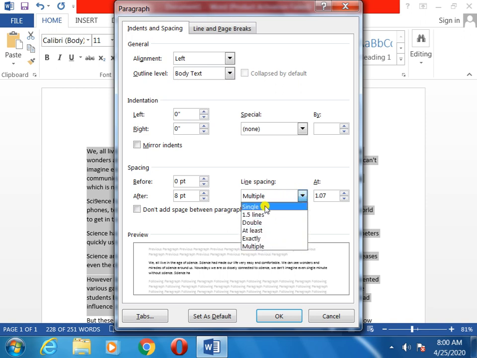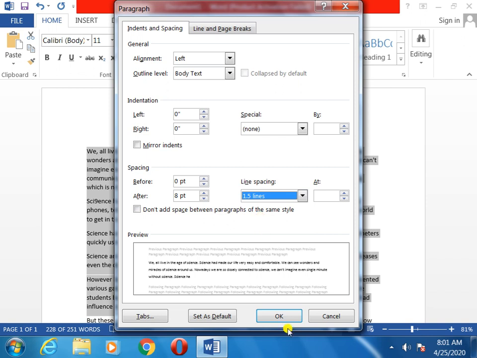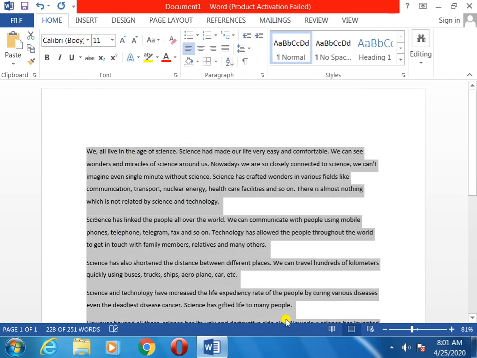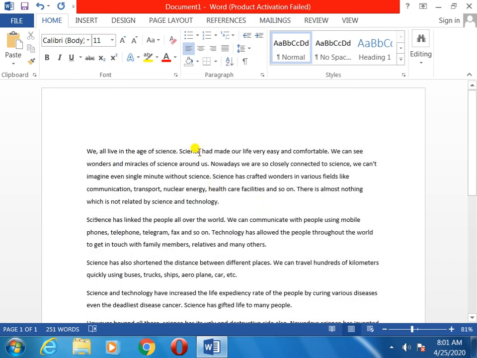Then you can see so many options: 1.5 lines, double, at least, exactly, multiple. So which one will we follow? We will select 1.5 lines, otherwise double, basically 1.5 lines. I have selected, then click on OK. Now you will see the line space became more.